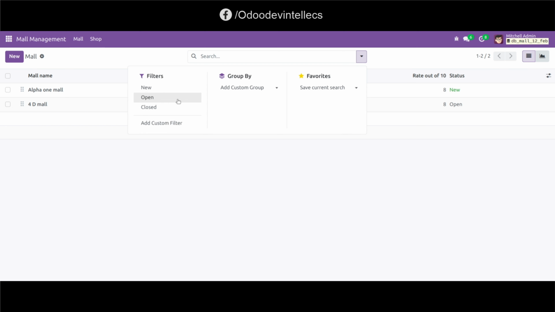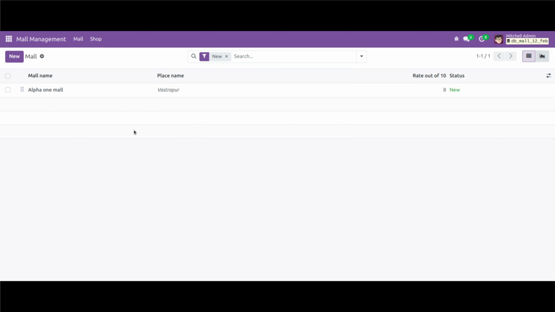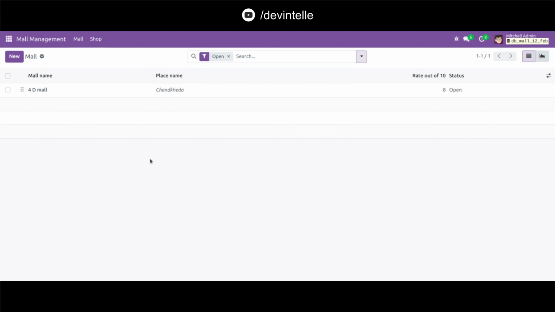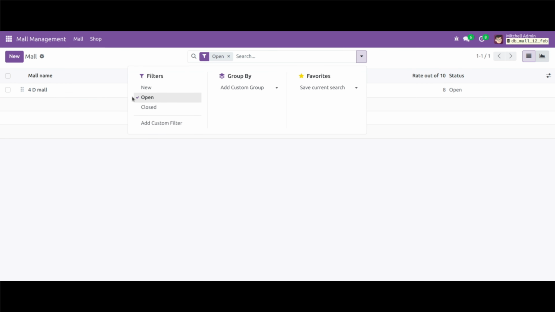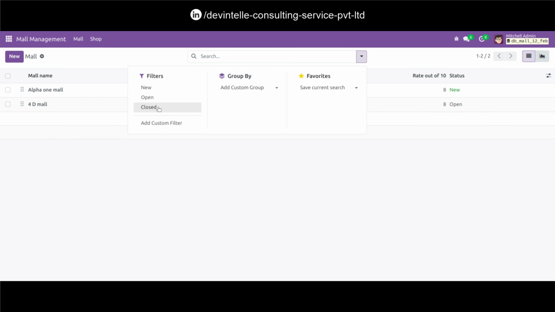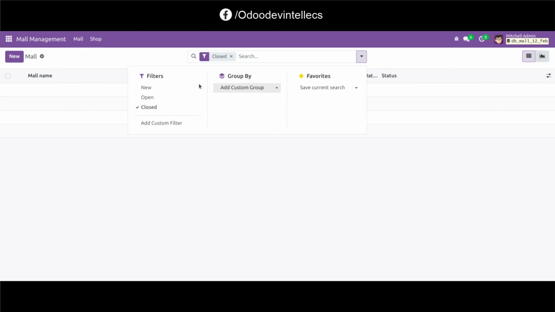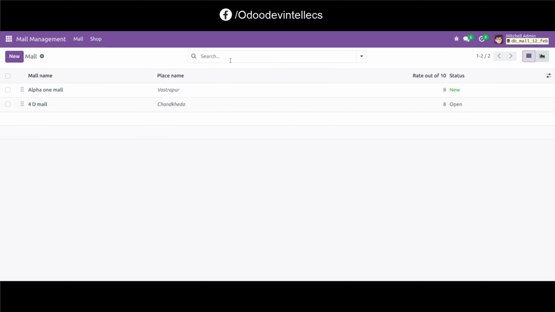So whenever I click on the new filter, you can see only those records in which status value is new. Now when I click the open filter, you can see only those records in which status value is open. And now when you click on this close filter, you don't see anything because now we don't have any records with the status value close. So you can create filters like this. Now we will create